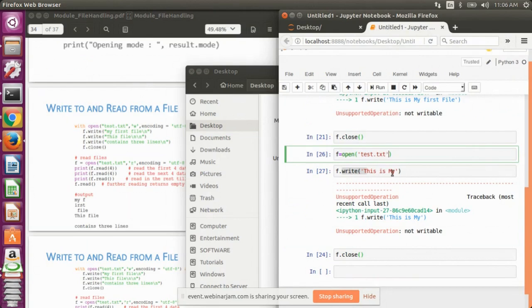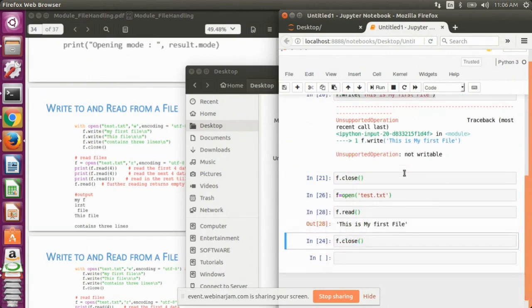And suppose I now read something from this file, let's write read. Now the content of the file is: this is my first file. I have not specified any encoding scheme.